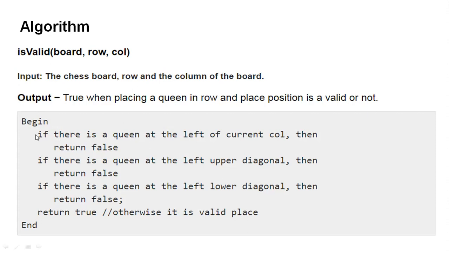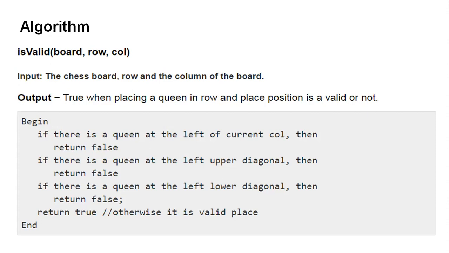So in the algorithm, what we will do, we begin and we check that position, whether based on the other queens it is attacked at that position or not. So we'll check the left side, the upper diagonal, and the lower diagonal, right? Because we are moving from left to right. So we have to check the left side as well as the upper diagonal and lower diagonal. And here if you come to know there is no other queen which is attacking, at that time you will return true, otherwise you will return false. So very simple.